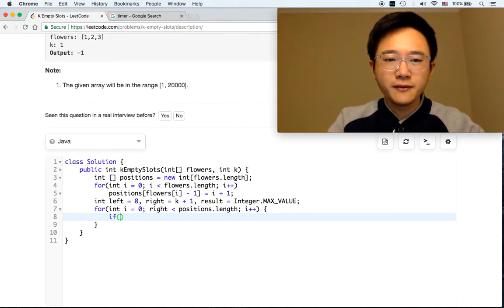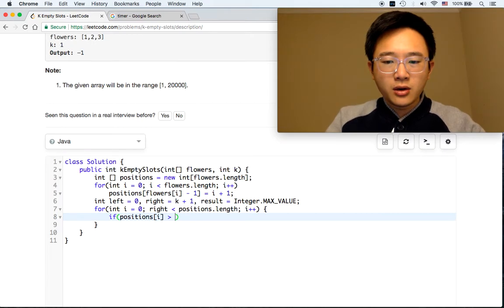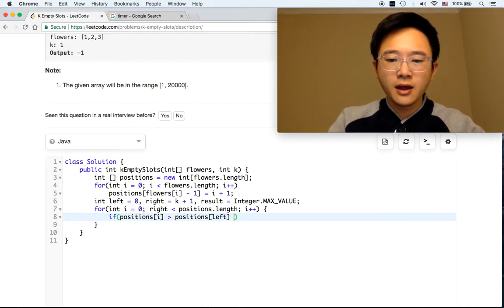Okay, so if positions i is larger than positions left and